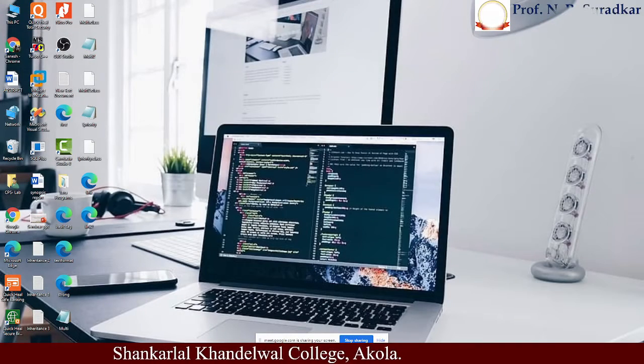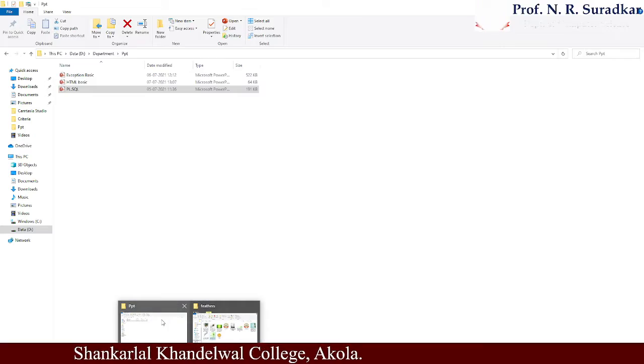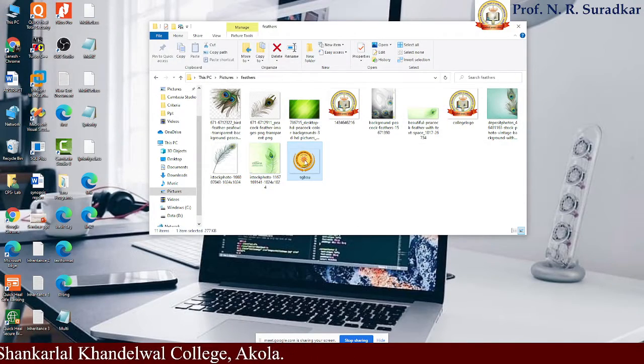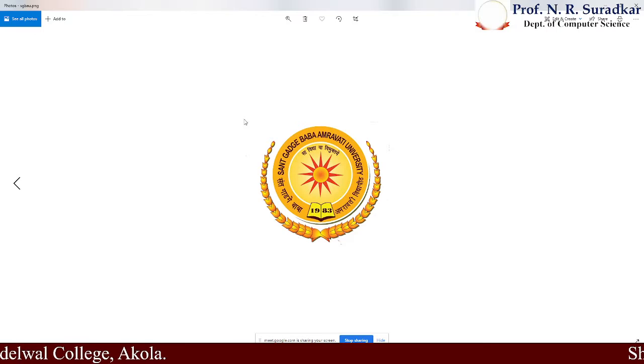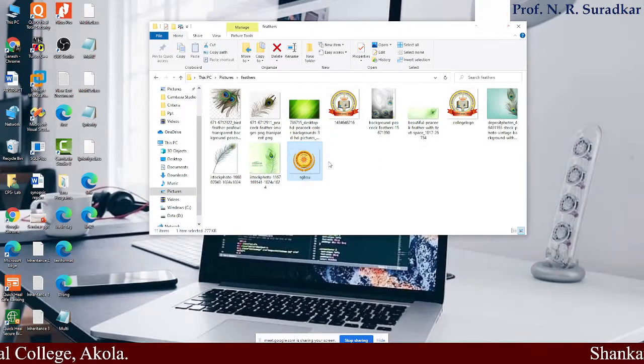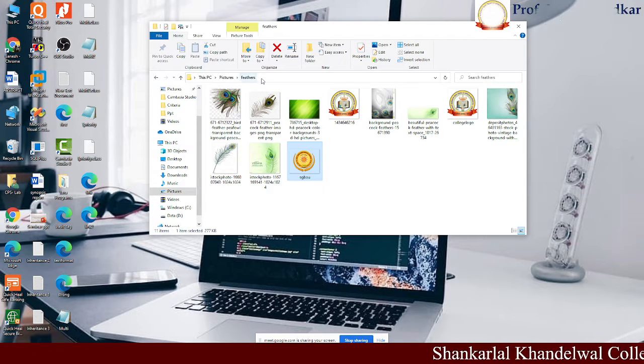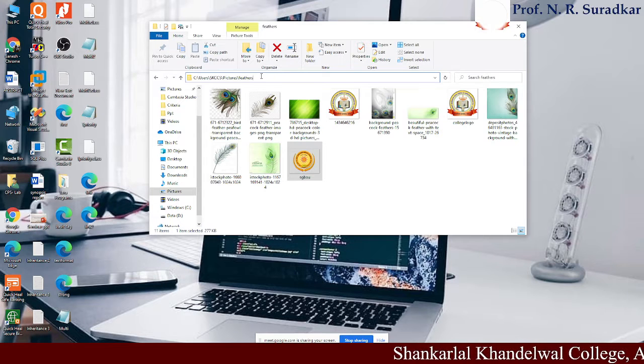Once again, change the location of our program. Go to the location, and suppose this image you want to use, copy the path, header and SGBAU.